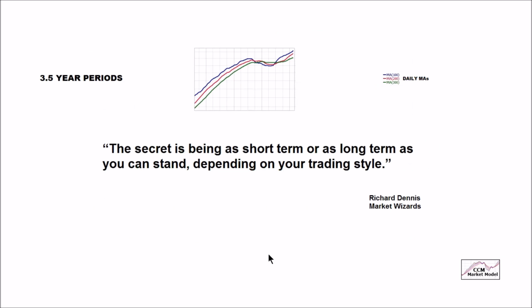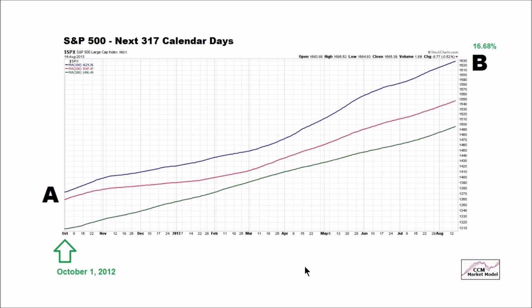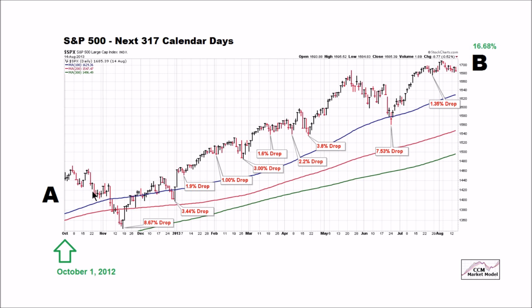Which takes us back to our original quote. The secret is being as short-term or as long-term as you can stand, depending on your trading style. What does "as you can stand" mean? It means that it's not particularly easy to hold during the inevitable givebacks that occur within the context of a bullish trend, which is why we will continue to focus on using the model hard data relative to the intermediate and longer-term trends, rather than the emotional swings and roller coaster situation that we get if we're looking just at